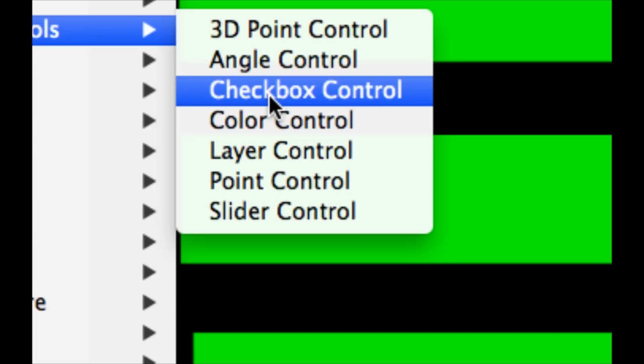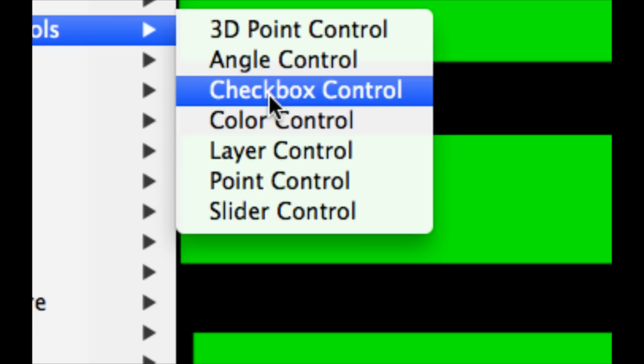So if you wanted to, let's say, animate something just kind of strobing, you could go into the opacity channel and animate it going from 0 to 100, 0 to 100, 0 to 100. Or maybe you can establish an expression and have this checkbox do the animation for us. Simplifies it a little bit. Color control, layer control. This is going to be transform information, so we can affect X, Y, Z position information